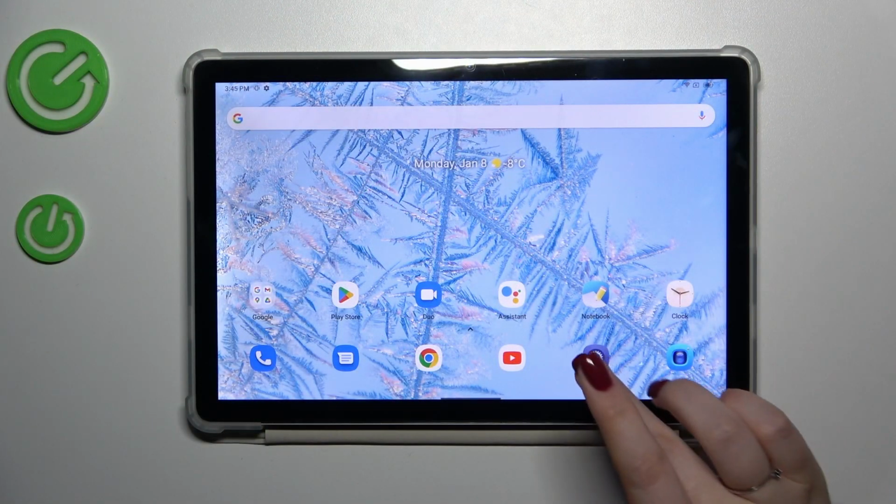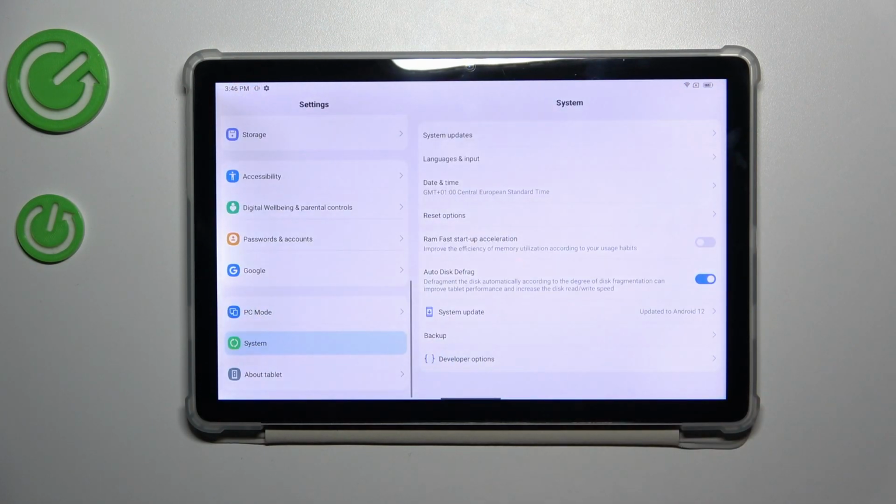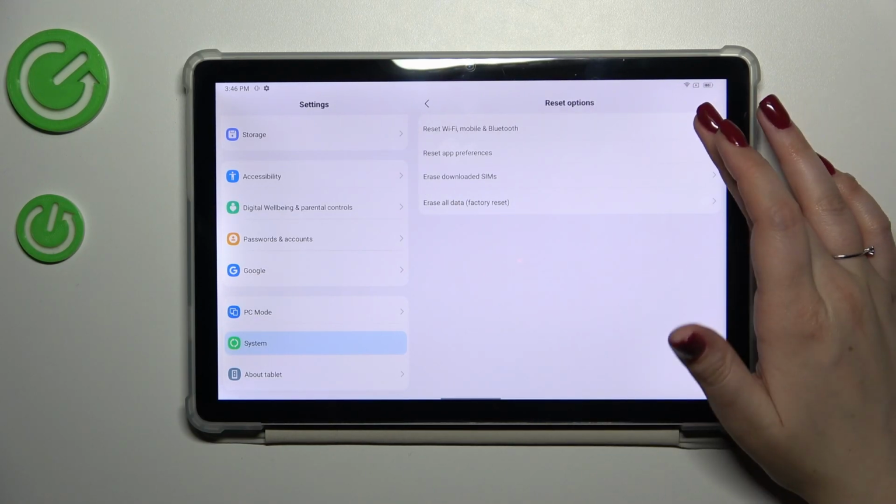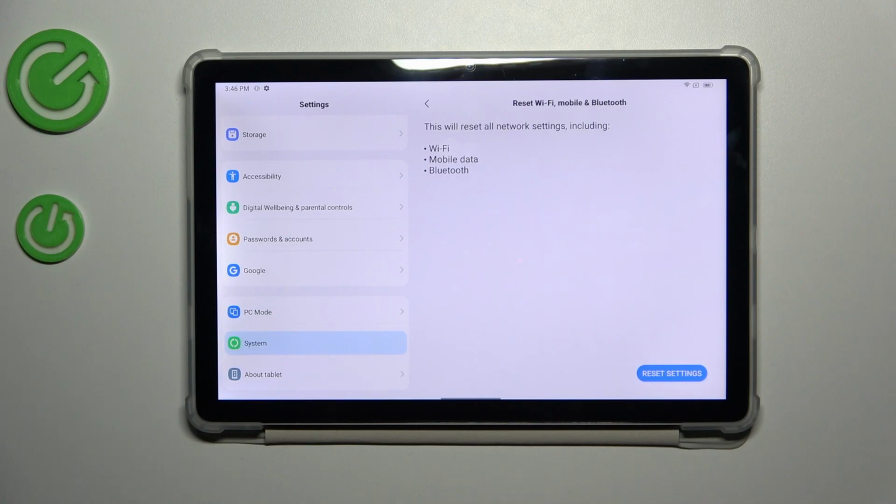So let's start with opening the settings. Let's tap on them and then scroll down to the very bottom to find the system. Now we have to tap on reset options, and as you can see at the top we've got the option we're looking for. So let's tap on it, and here we've got the information that your device will reset all